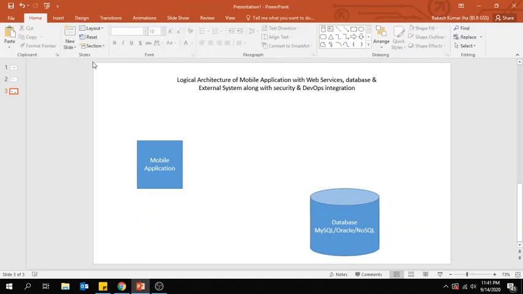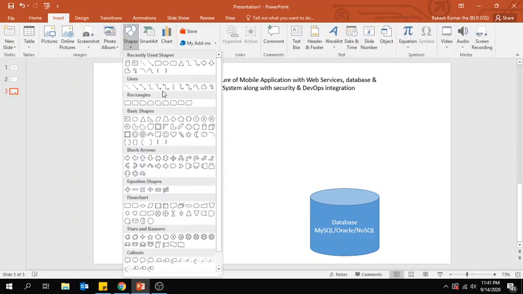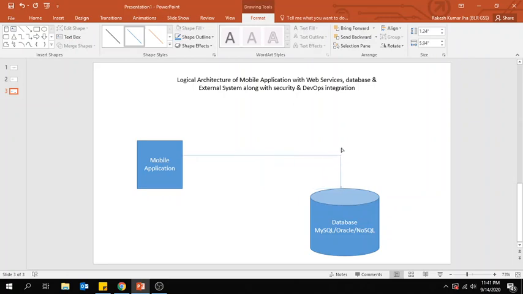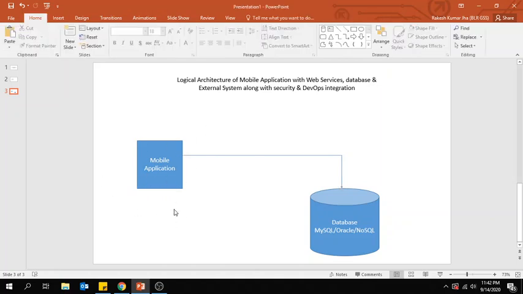That means you have a system where your mobile will communicate with your database. But one thing you always have to think about: my mobile application may be written in iOS, Objective-C, or Swift, or maybe in Android Java or Kotlin, or maybe uses a hybrid solution like React Native, Xamarin, or anything. And my database is either SQLite,